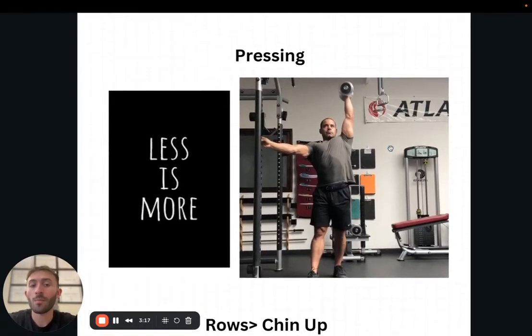So if you're having pain when doing pressing, specifically bench pressing, let's say, we want to actually step away from bench pressing. Bench pressing, dips, things like that, any kind of barbell pressing we want to step away from because less is going to be more. Once we can take out what is basically causing us pain, then we can start to add in things that will help us recover and then get back to doing what we want to do, which is bench pressing or whatnot. Let's take those out and then let's replace it with something like an overhead press with a dumbbell.